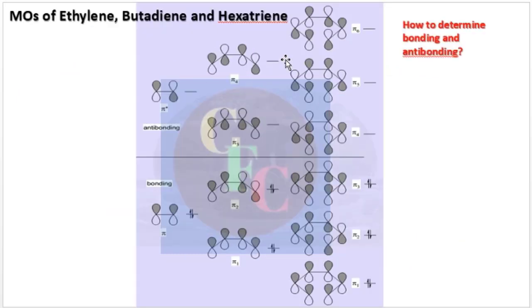Okay, now similarly we can do this for hexatriene also. See, on the extreme right panel we have this hexatriene system, right. This is psi 1, psi 2, psi 3, psi 4, psi 5, psi 6, right. Now forget about the combinations. Here it is shown by the combination of ethylene and butadiene molecular orbitals, but you can also directly construct these. So the lowest one will be something which does not have any node. So psi 1 has no nodes.